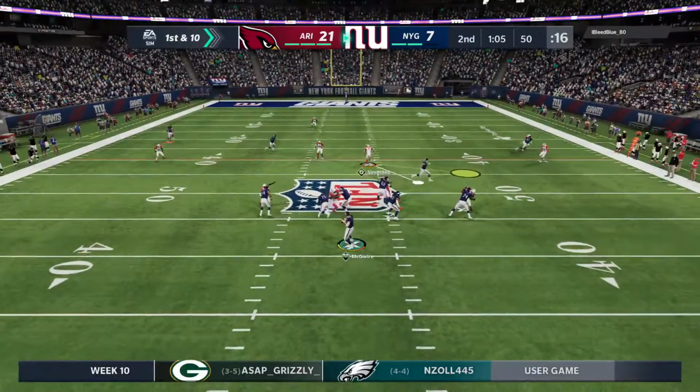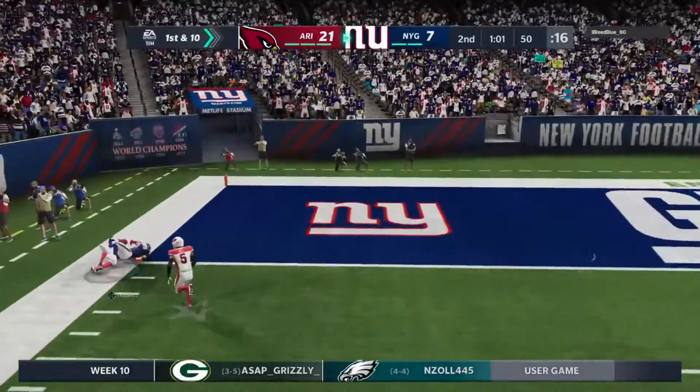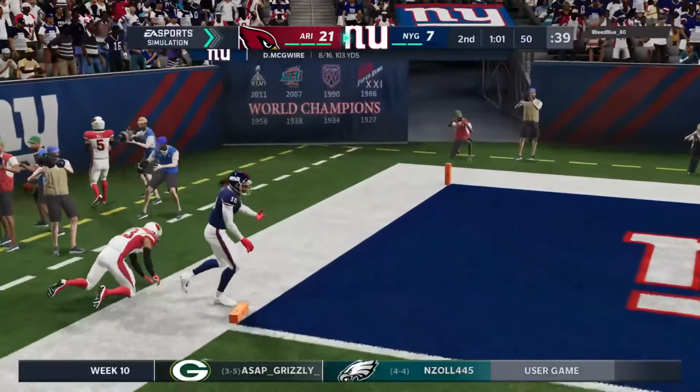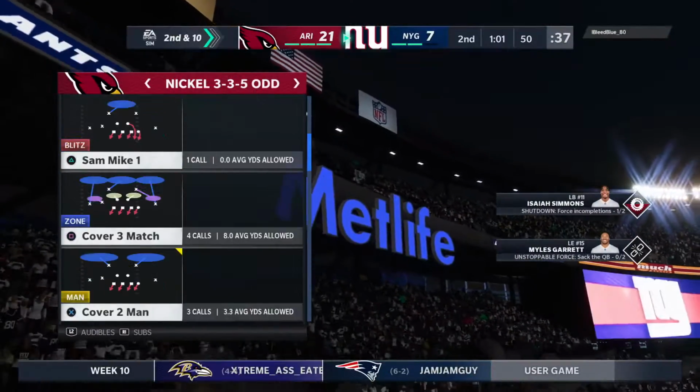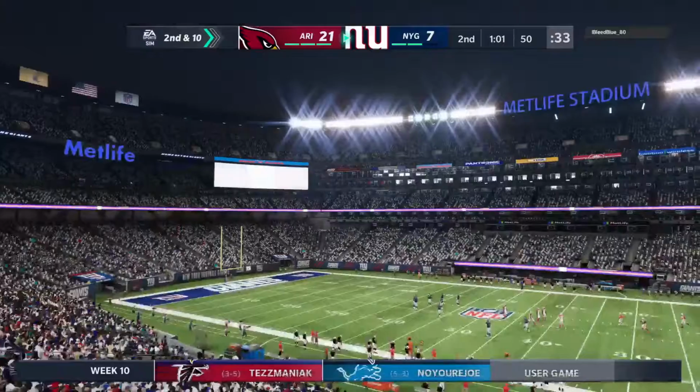From the midfield stripe, they'll look to throw. Going deep for Hopkins. And that is incomplete. He couldn't hold on through the contact. Brings up 2nd down. I know he wants to get his team back in the game, but a 50-50 ball